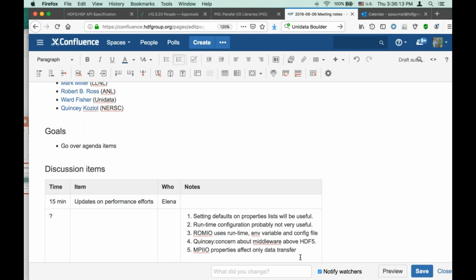I think this is a problem where they want their cake and they want to eat it too. Yeah, I was going to ask, what was driving them to request that HDF5 change their defaults? I think because of the cost of constantly having to specify UTF-8 on each link creation. Right. But why don't they just create the property list and pass it in for each one? There's no constant need to do anything then.